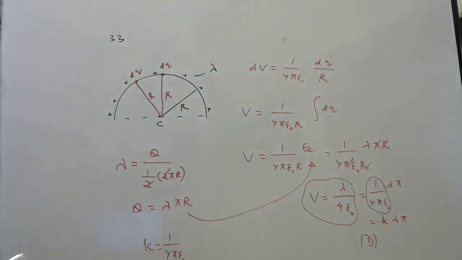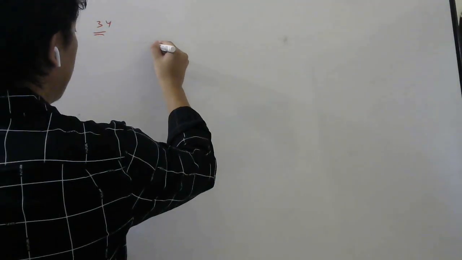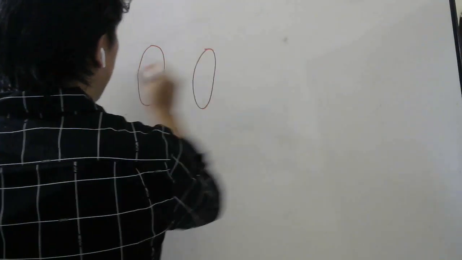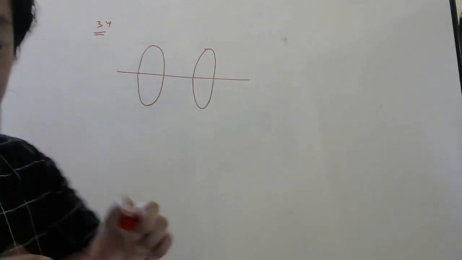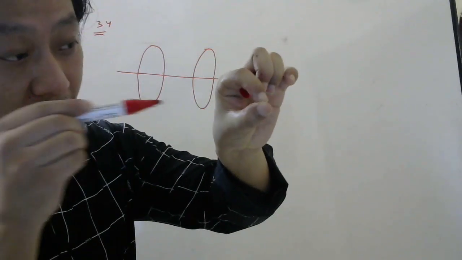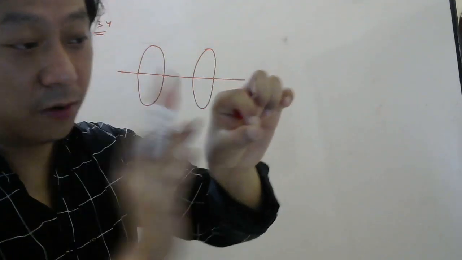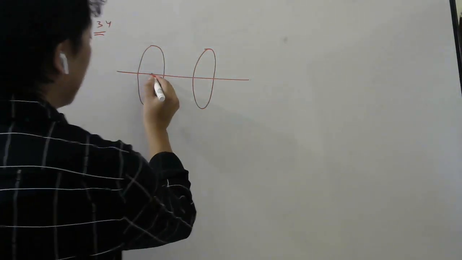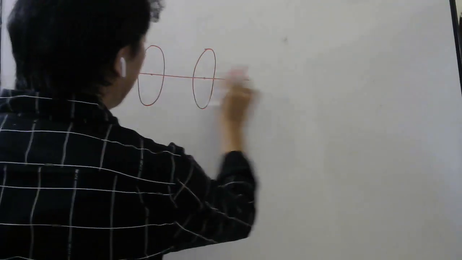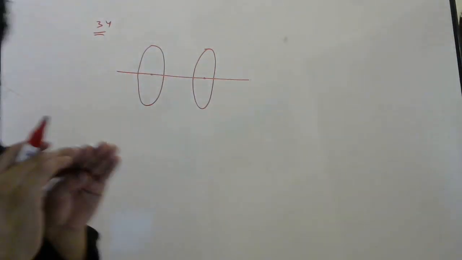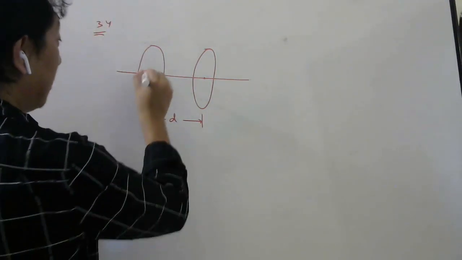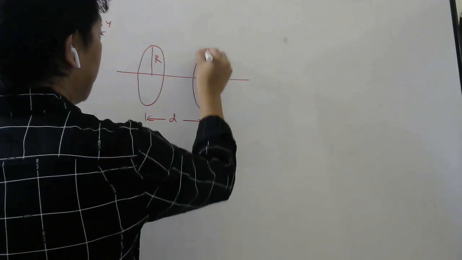Okay students, we'll see now question number 34. In this question, what they are saying is there are two rings whose axes coincide. The axis of the ring, you remember, right? If this is the ring, a line passing through the center and perpendicular to its plane is called the axis of the ring. So in the question they are saying the axis is coinciding for both of them. Both of them have the same axis and they are separated by a distance of d apart. Radius of each one of them is given as r.